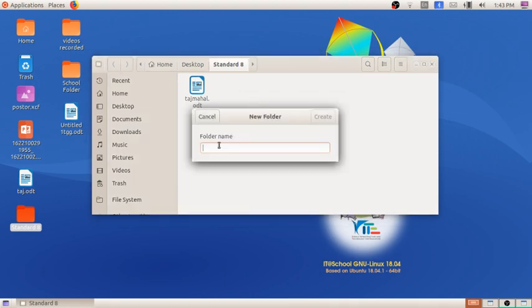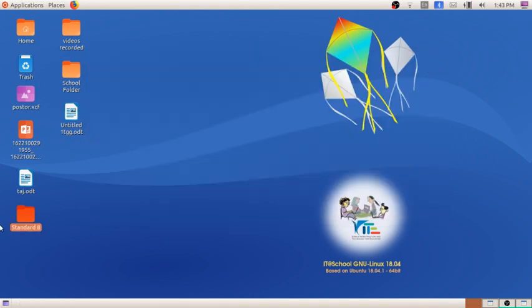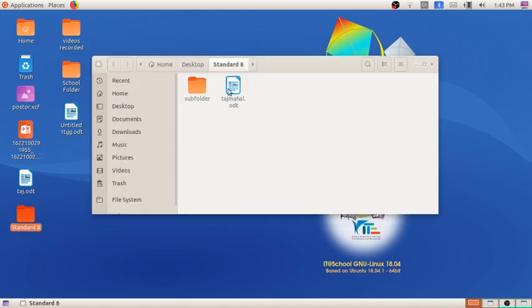Here I will create a subfolder. I am naming it subfolder. Create. Then close it. When I open this main folder, you can see a subfolder here. See that? In this way we can create folders and subfolders and save the file.